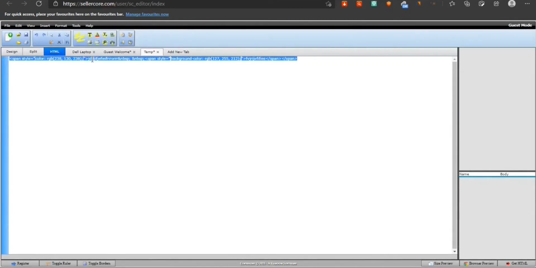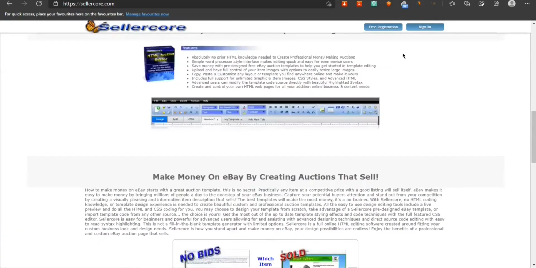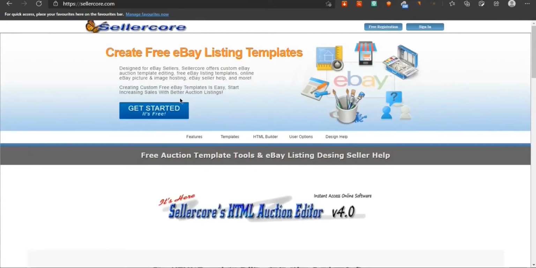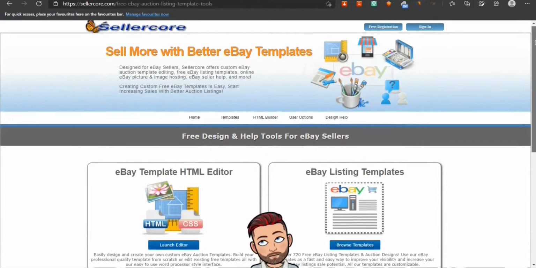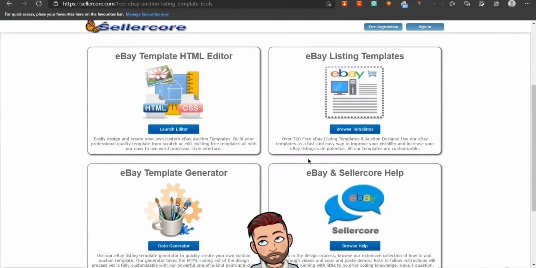Okay, if not, you can use their pre-made listing templates too. See, browse templates. Okay, there are many templates available here.